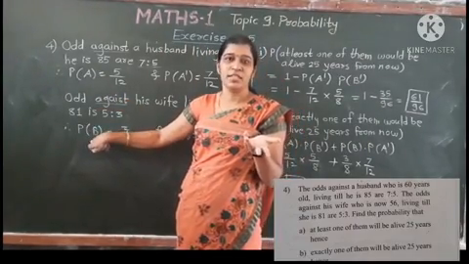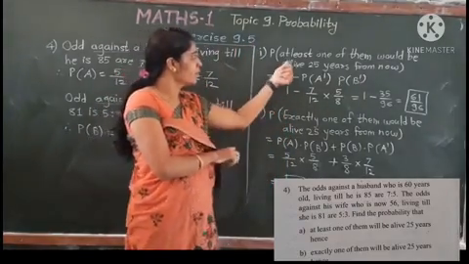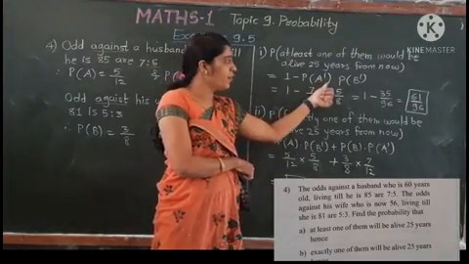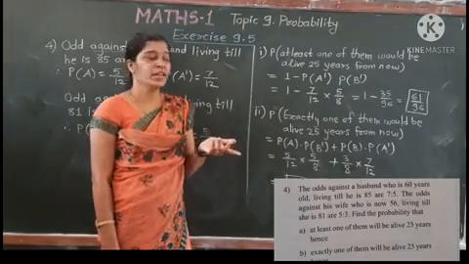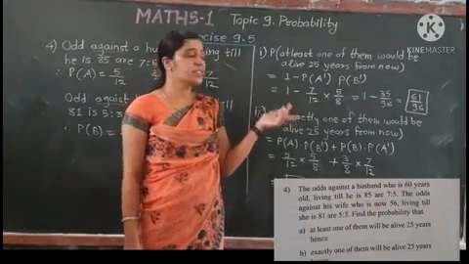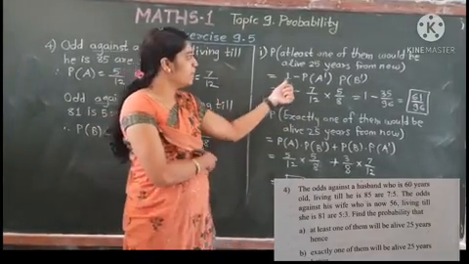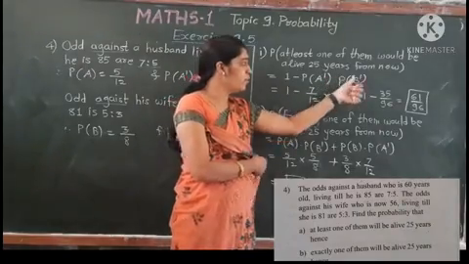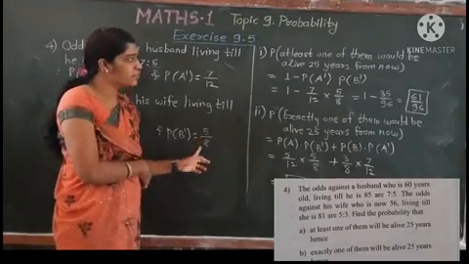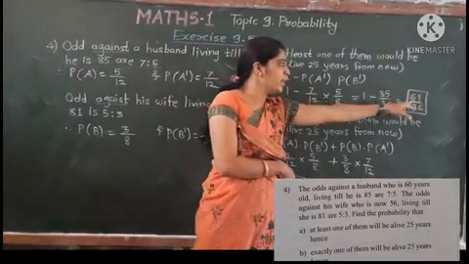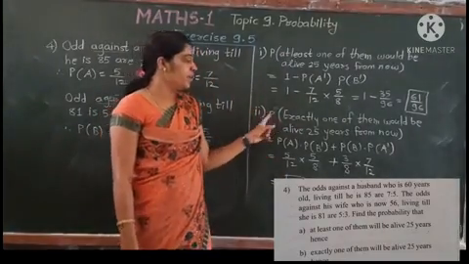दोघं पण अलाइव राहू शकतात. याचा अर्थ काय? p of a into p of b. त्याचा कॉम्प्लिमेंट काय येणार आहे? 1 minus p of a dash into p of b dash. Okay, understand? We have to find p of both means दोघं p of a, husband also and wife also. So it becomes 1 minus p of a dash into p of b dash. Write one. P of A dash is 7 upon 12. P of B dash is 5 upon 8. Simplify this, you get answer 61 upon 96. First completed. Now what is the second?